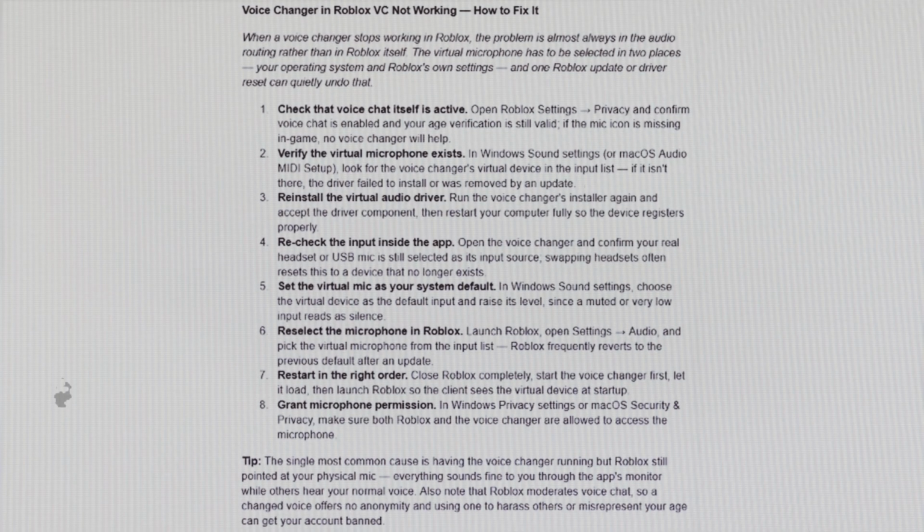In Windows privacy settings or macOS security and privacy, make sure both Roblox and the voice changer are allowed to access